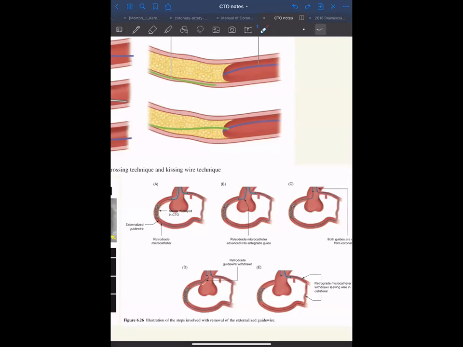And then what we do is we leave the microcatheter here, and then we pull out the wire from the retrograde guide, and then we can take it out at the same time. So this technique is routinely followed in all the places. The important point here is that the microcatheter should be in place, because when you're removing the wire, sometimes we can suddenly lose the axis. So if the microcatheter is in place, we'll be able to go across it easily.